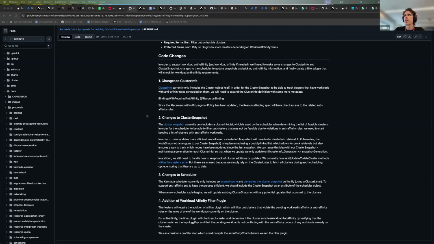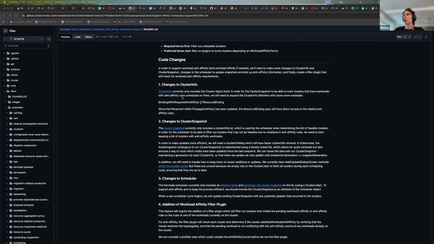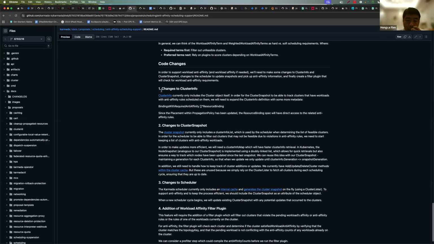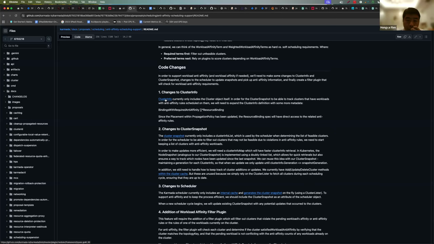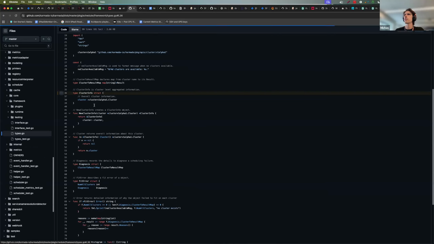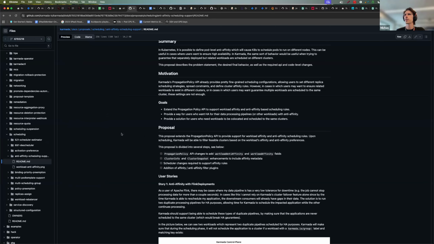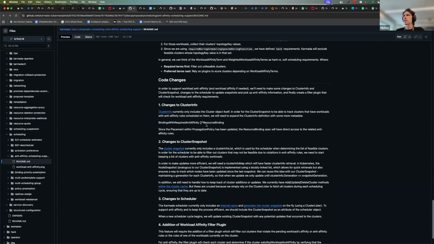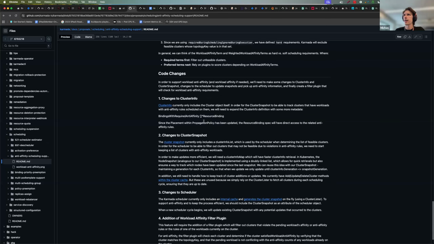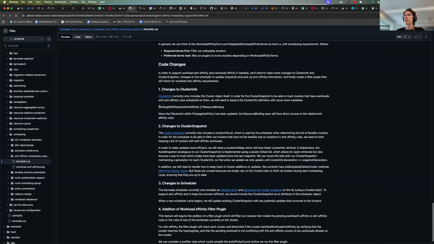The way this would work is currently, I think in Karmada, we have something called cluster info. This is meant to contain aggregated metadata for all the clusters that we currently have in the federation. So what we would want to do is expand that to include specific affinity rules.